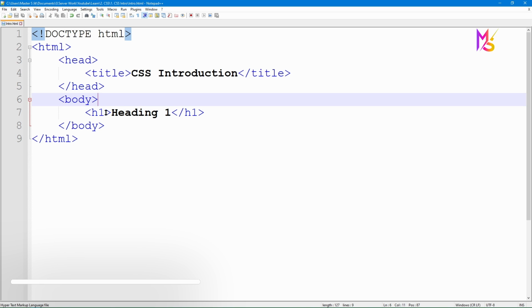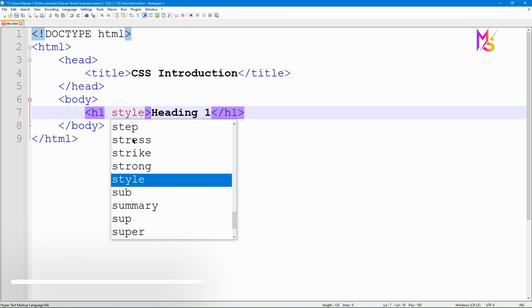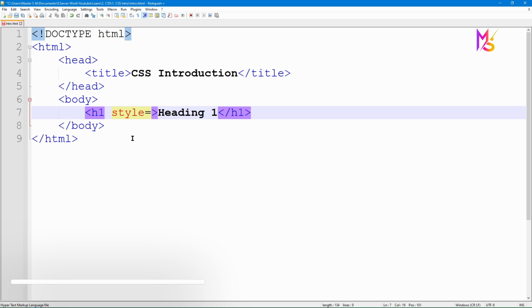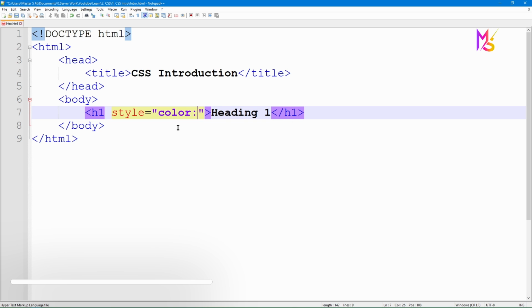See the first, inline styling, which is an attribute. So first we write style like this, and then equal to, then two quotation marks, and in here we mention the value. So I want to change this color to something else. For color we write color. After that I take a colon, and this color is a property. After that we take the value.